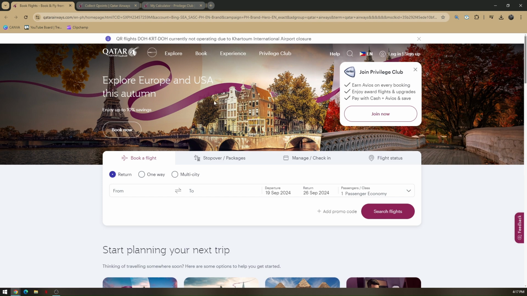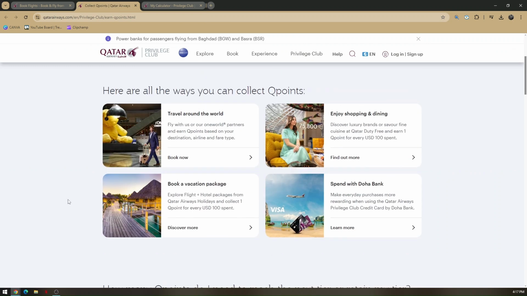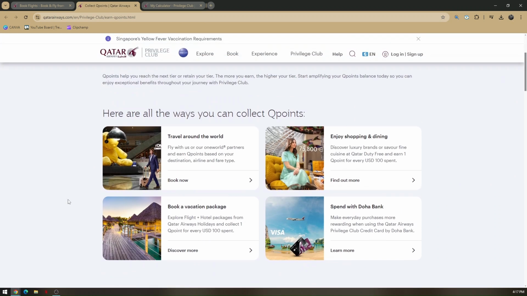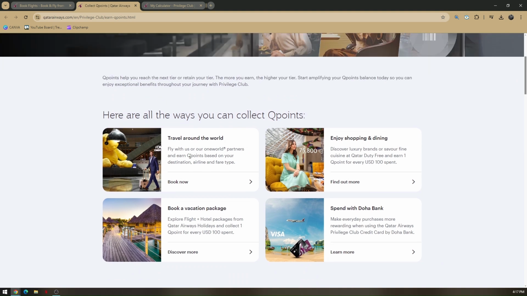And speaking of upgrades, you can also collect coupons to use for your upgrade. Now, to collect points, here's what you can do. You can travel around the world. You need to book multiple times with Qatar Airways, shop and dine at their specific lounge, spend with Doha